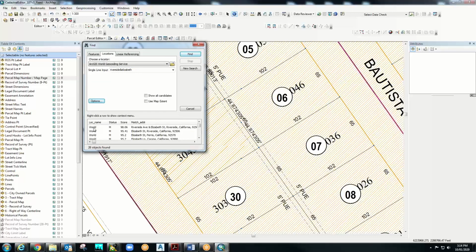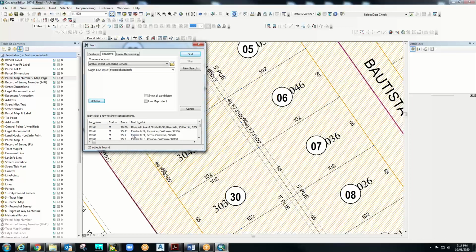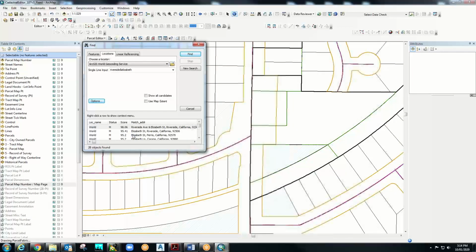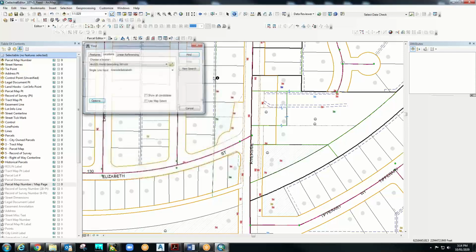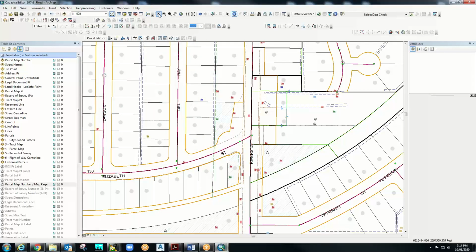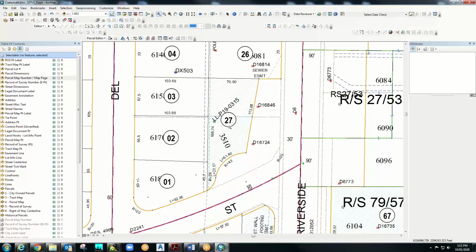Okay. So right click there. No, you already found it. So right click on that result, and then you can say zoom to. Okay, you are there. So zoom into that corner, Doug, the northwest corner of that intersection. Okay, you see that